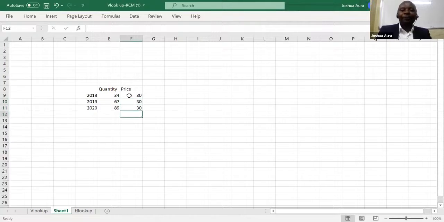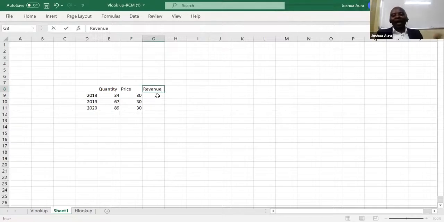And then they want you to give them something very simple. In quantitative analysis, they used to call it revenue. So, ladies and gentlemen, how do we get revenue? Who can help us? Who can remind us? How were we getting revenue in those old days when we used to be very young? Revenue equals